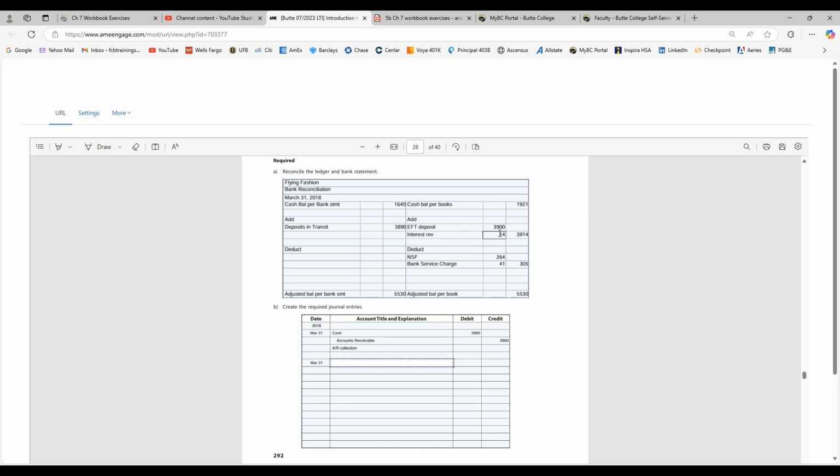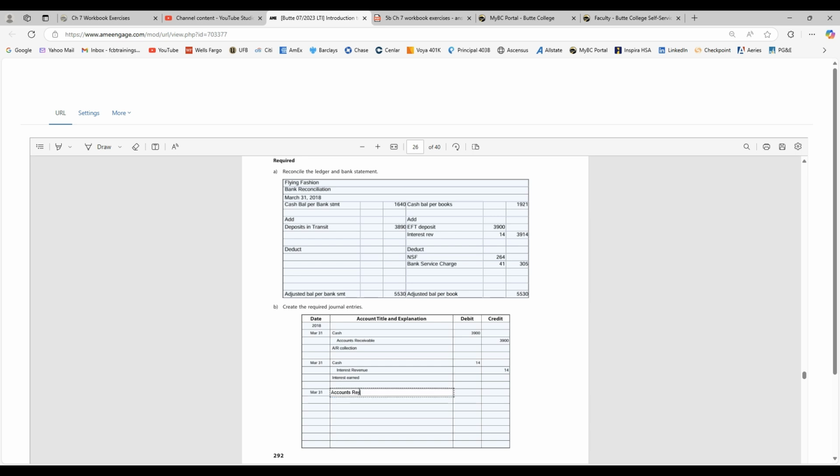So what do we got next? Interest revenue, so cash and interest revenue. That was $14 of cash that the bank deposited. And we'll say interest earned. Okay, and then we had an